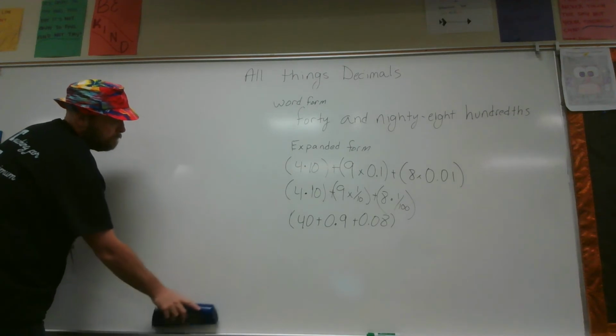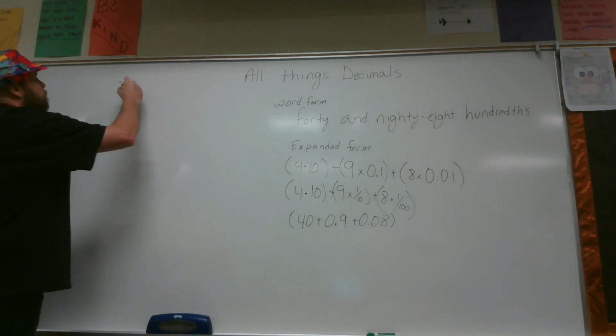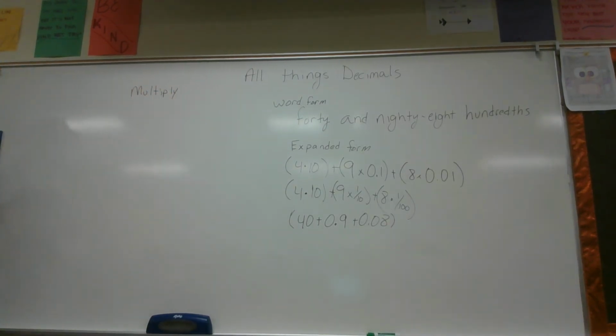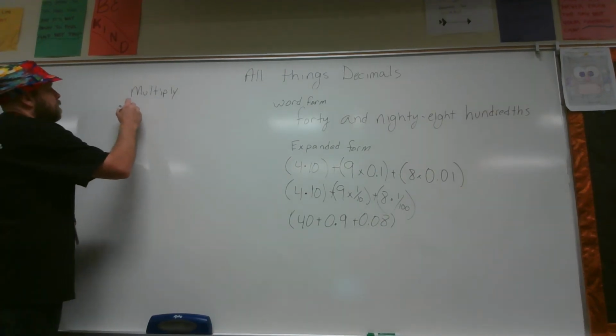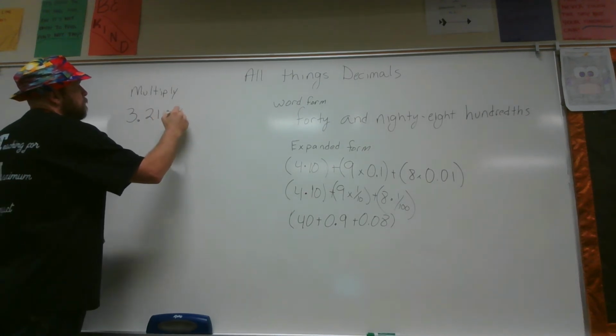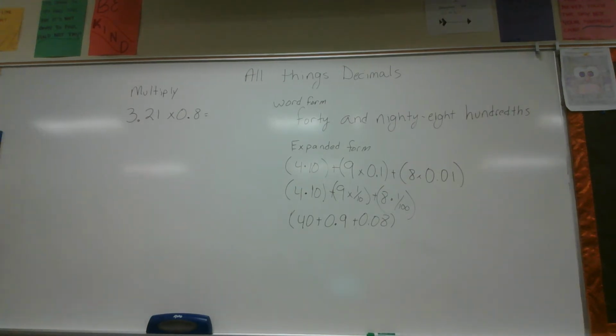Now we'll look at multiplying with decimals. Multiply with decimals. So if I need to find the product of 3 and 21/100ths and 8 tenths, the product of 3 and 21/100ths and 8 tenths,